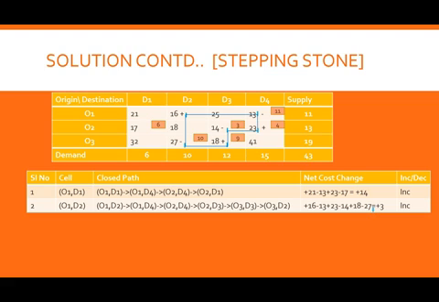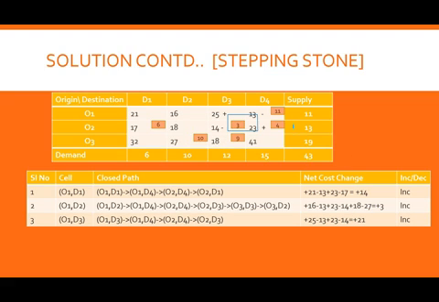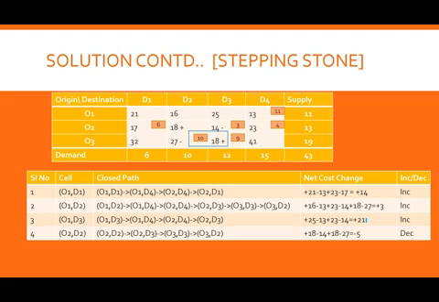Therefore, we will have to go to the next unoccupied cell, O1D3. So for O1D3, when I form the loop, it is O1D3, O1D4, O2D4, O2D3. Put alternating signs, plus, minus, plus, minus. So the net cost change will be plus 25, minus 13, plus 23, minus 14. When I evaluate it, I get a plus 21, which is also an increase in cost. So go to the next one,